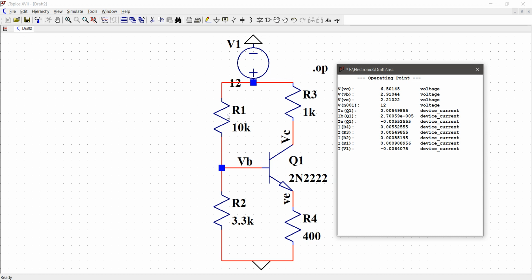From this data, we can conclude a lot of things, such as the region of the BJT. For example, in this case, base voltage is greater than emitter voltage, which means that the base emitter junction is forward biased, whereas collector voltage, which is the N-type collector, is greater than the base, which means that the base collector junction is reverse biased, which means the transistor is biased in the forward active region. As well as from this data, you can even find out the collector, base and emitter currents of this circuit.